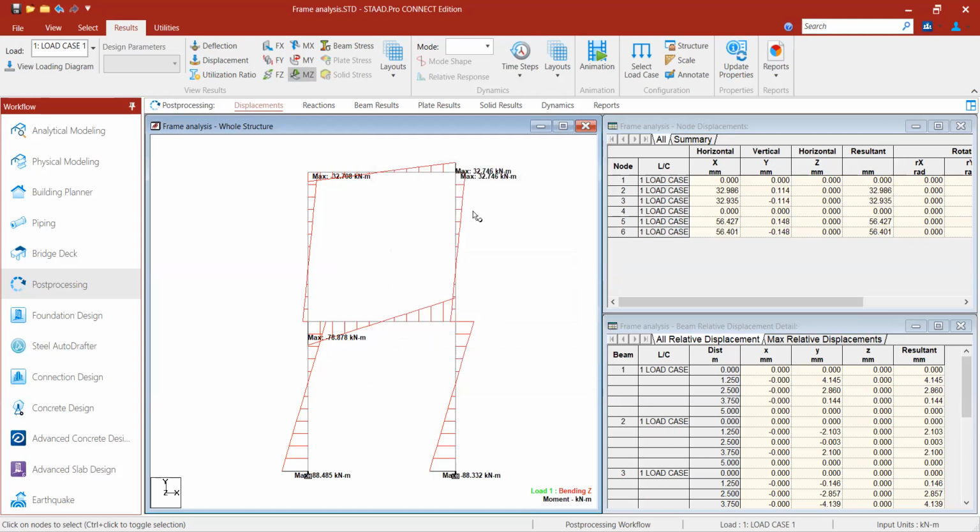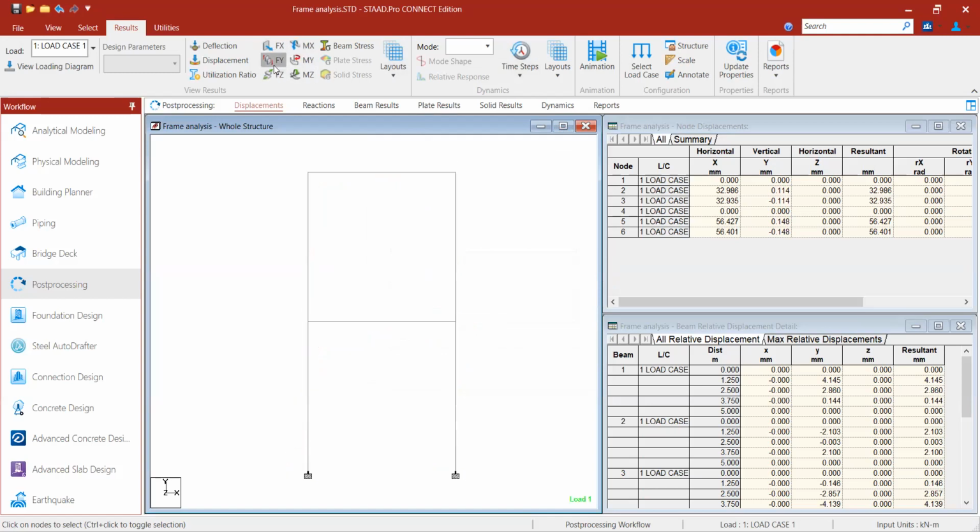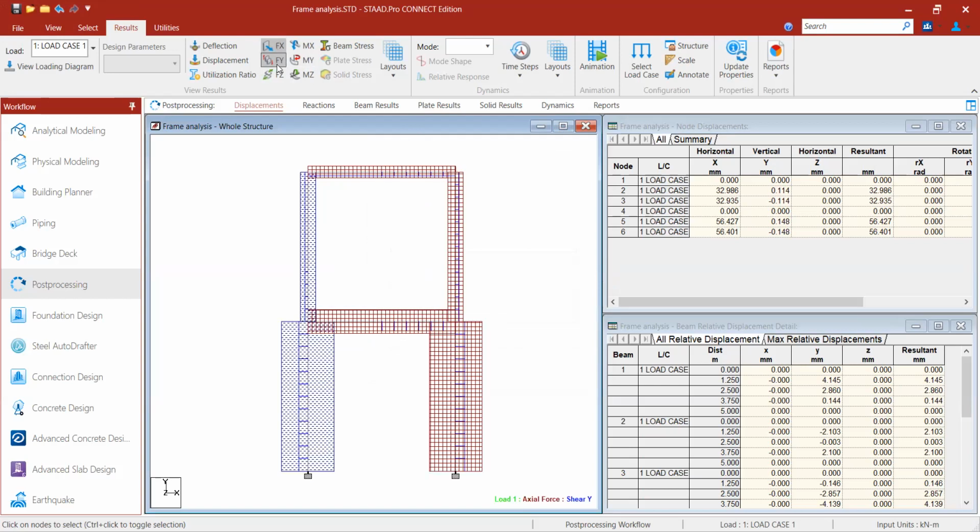There is a maximum bending moment occurred at the end. Okay, and also you can see the value of shear force diagram, axial force diagram. Okay, the shear in z direction will not get generated because it is a 2D diagram. So this is how you can perform the analysis on a frame, that is for lateral loads.